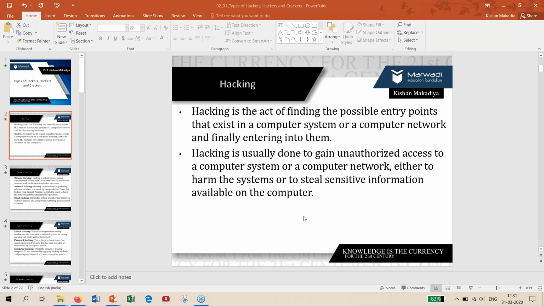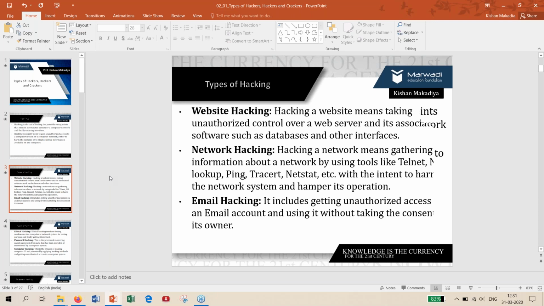Then we go through why hacking is important. It means we are aware of which types of hacking are available in the current scenario. For example, any person could target a company website, which is called website hacking.